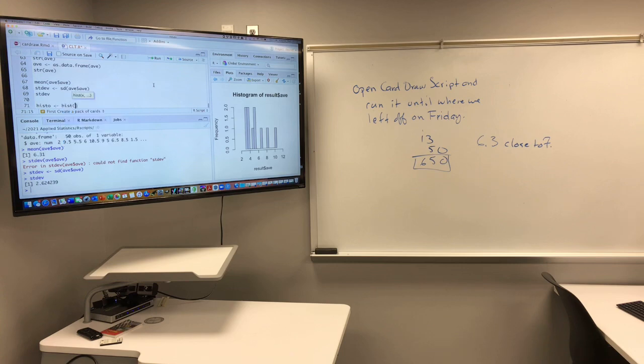And we'll use the function hist, which is already in R. And we want to plot the column av within the data frame av. The breaks are going to be 14 because we have 13 different values. And the x limit is 1 to 13. And so,